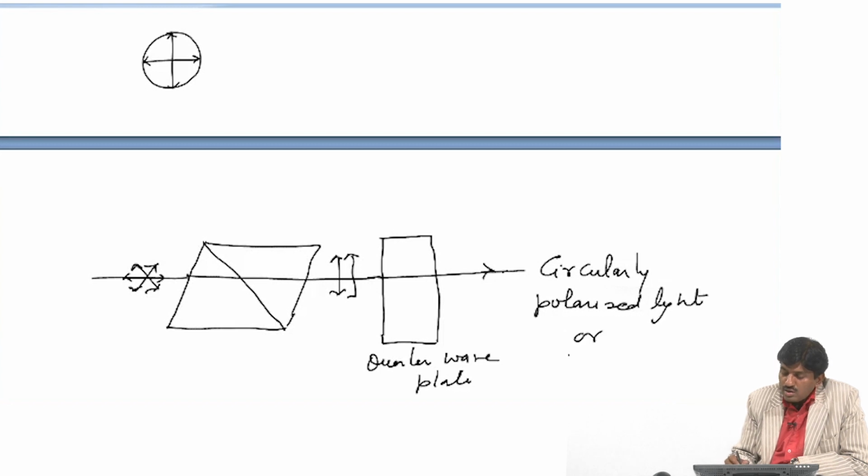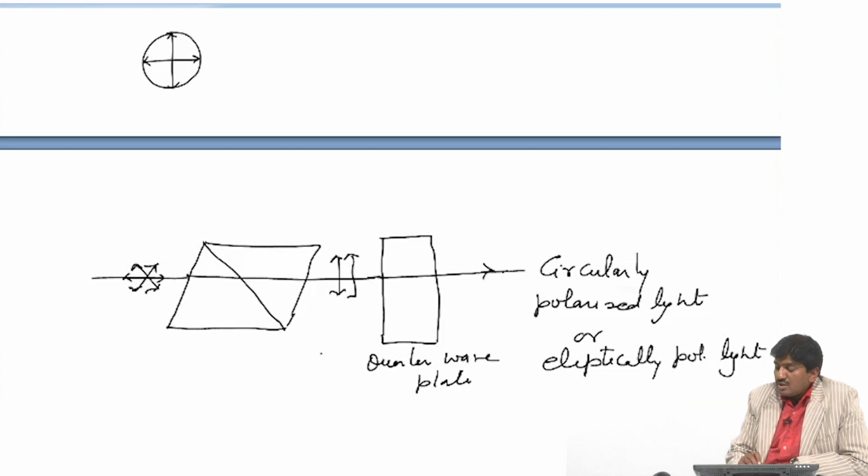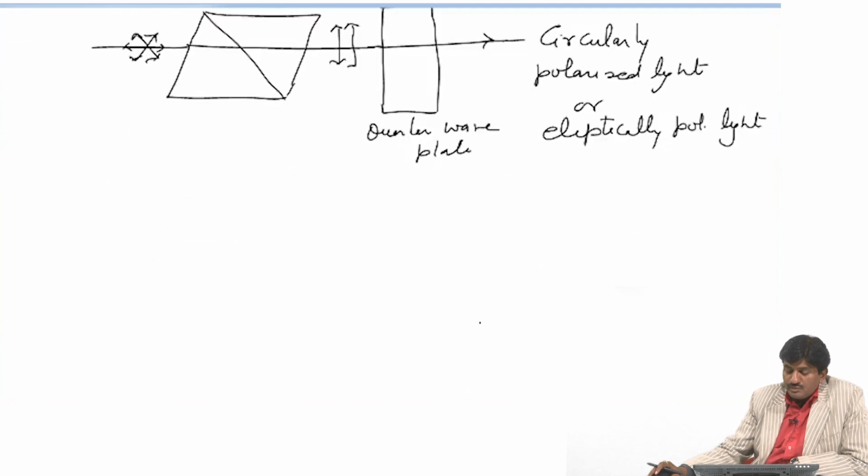or elliptically polarized light. After passing through the quarter wave plate, it may be converted into circularly polarized light or elliptically polarized light. Suppose this is a circularly polarized light,